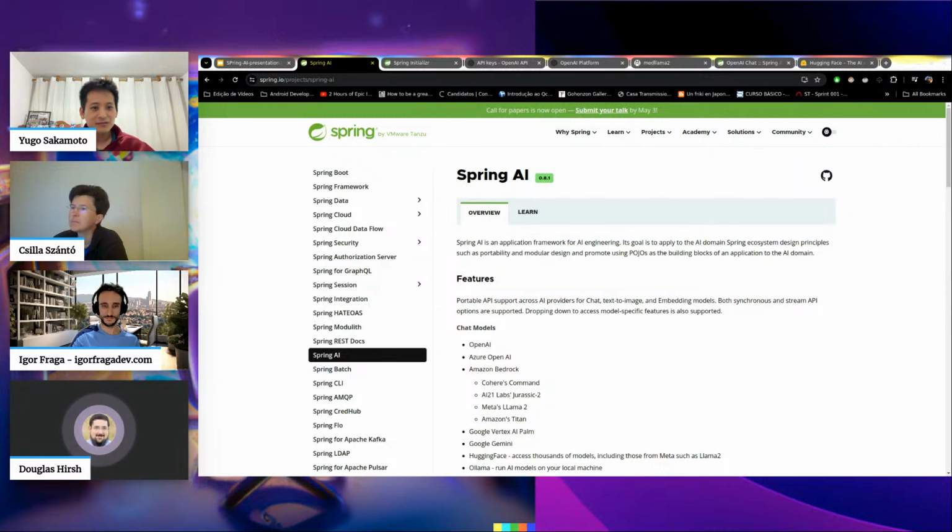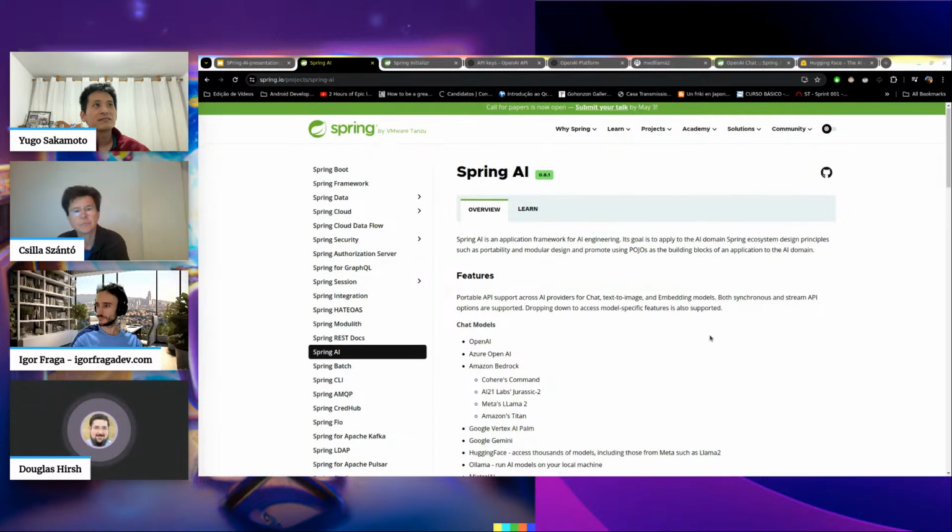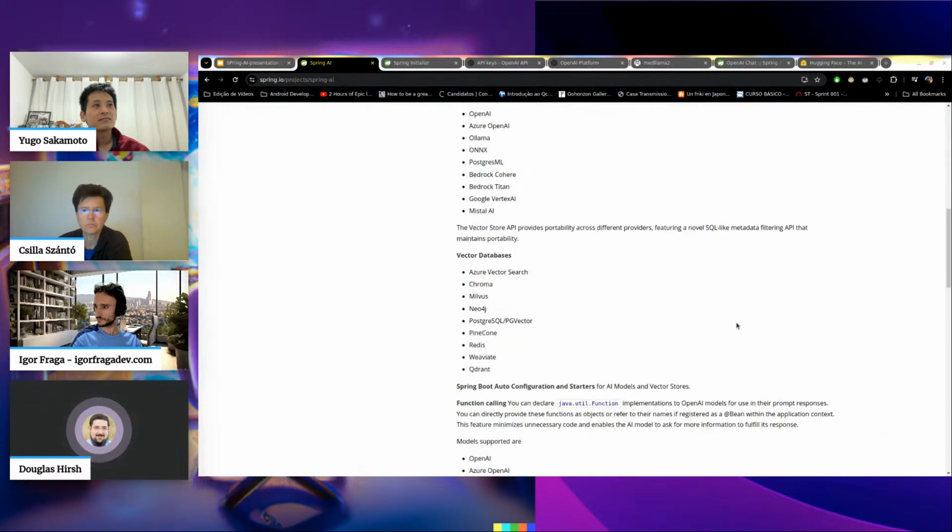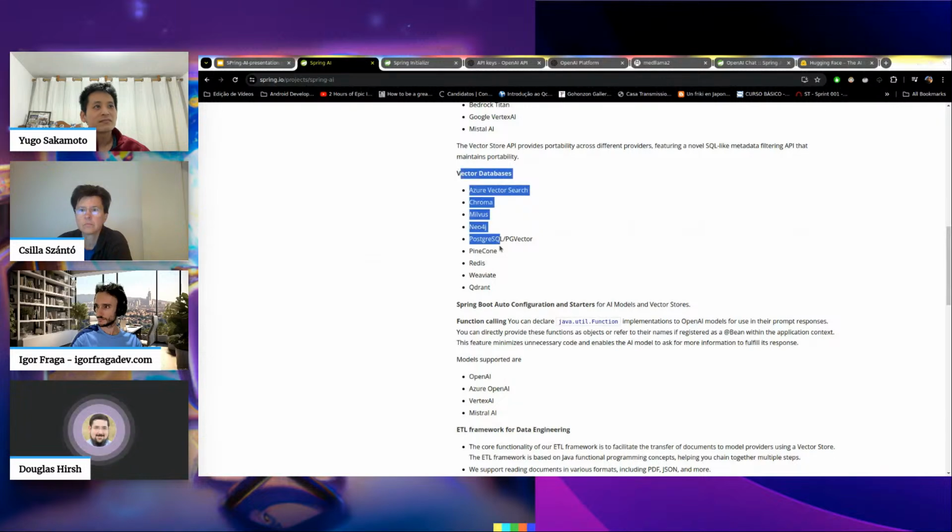I was going to say the main thing I would look forward to is seeing how it handles RAG, basically to create the embeddings, integrate with a vector database, and then be able to assemble a full prompt to send to the LLM. I know it has, I was looking at it. It does have everything in there, right? It has all of the integrations in there.